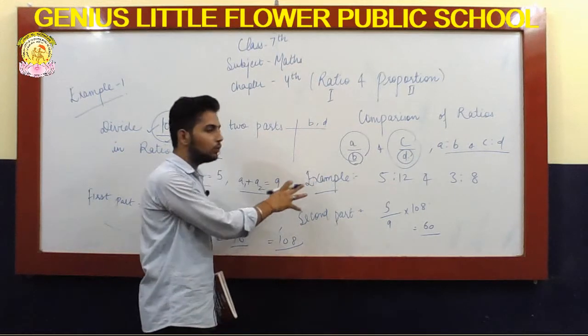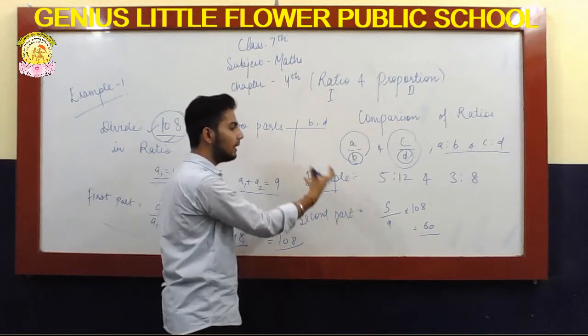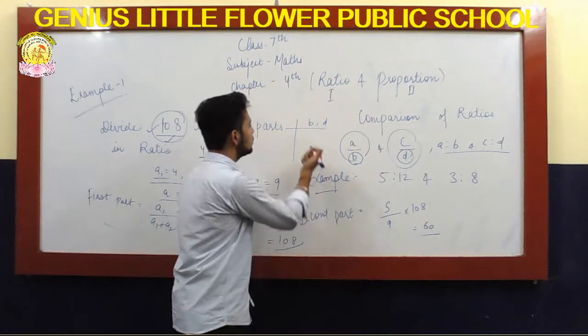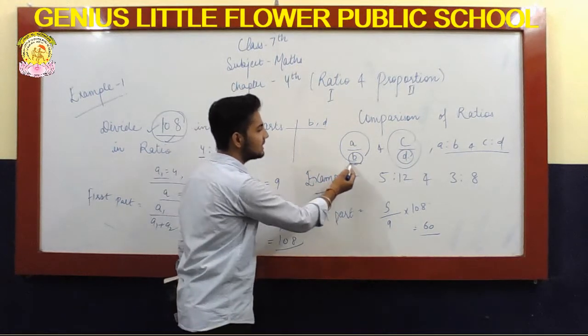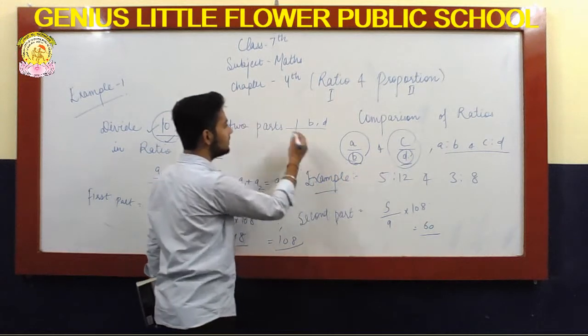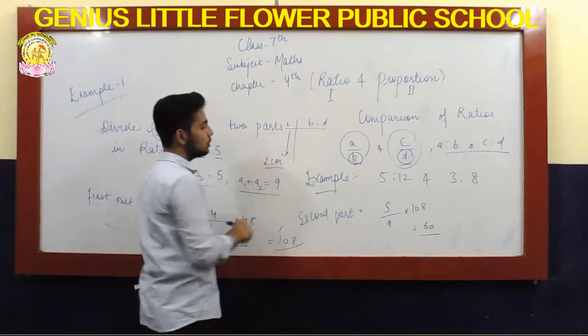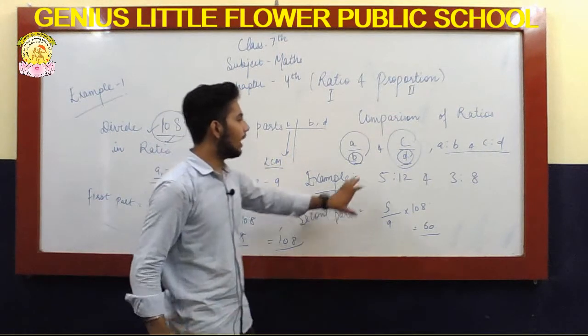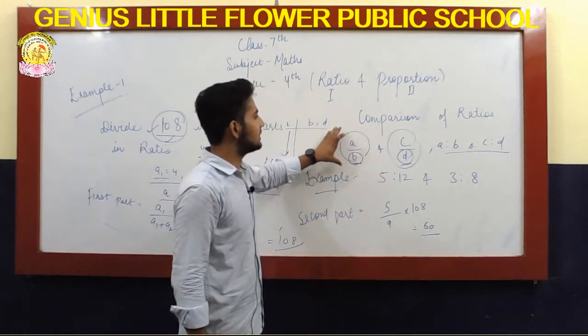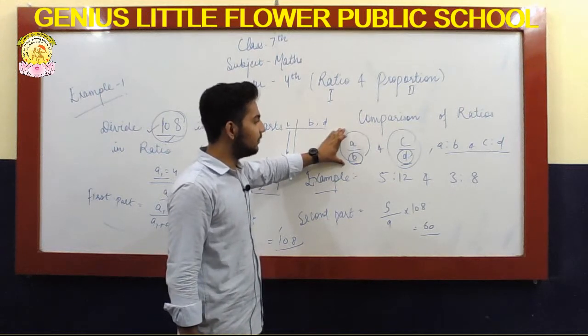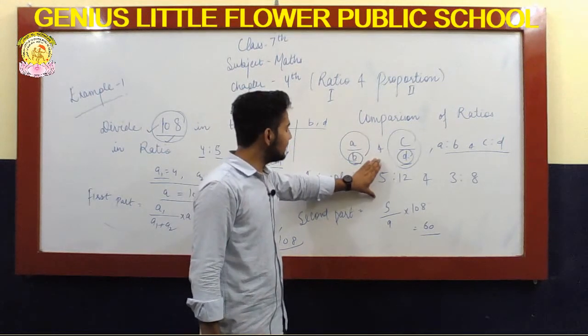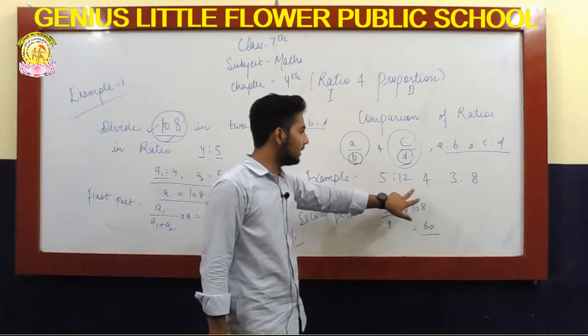I am going to explain the general process to you. You have to apply it on these digits. So now we have to take the LCM of these two denominators, and we will surely get the LCM. So now what is the next step? First of all, you have to see that the ratio must be in the simplest form, that can't be divided further. So when these are in simplest form, you have to compare these ratios.